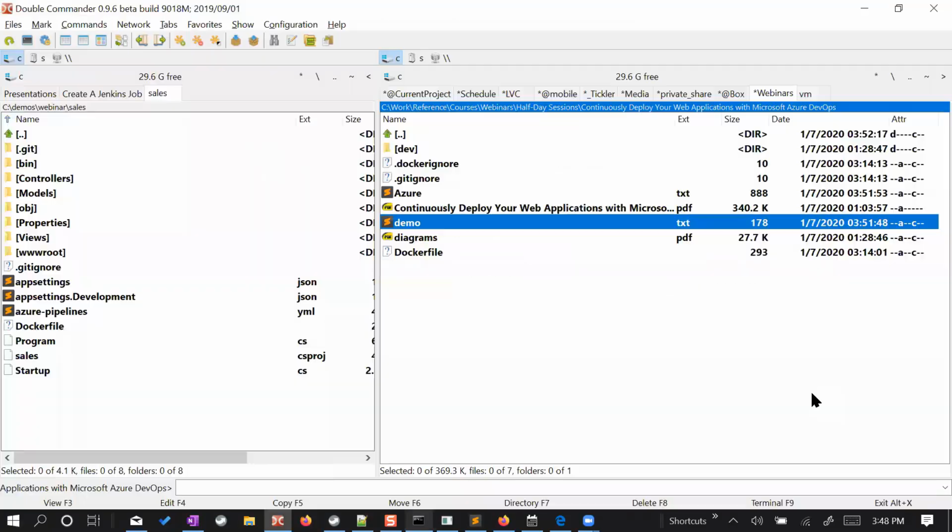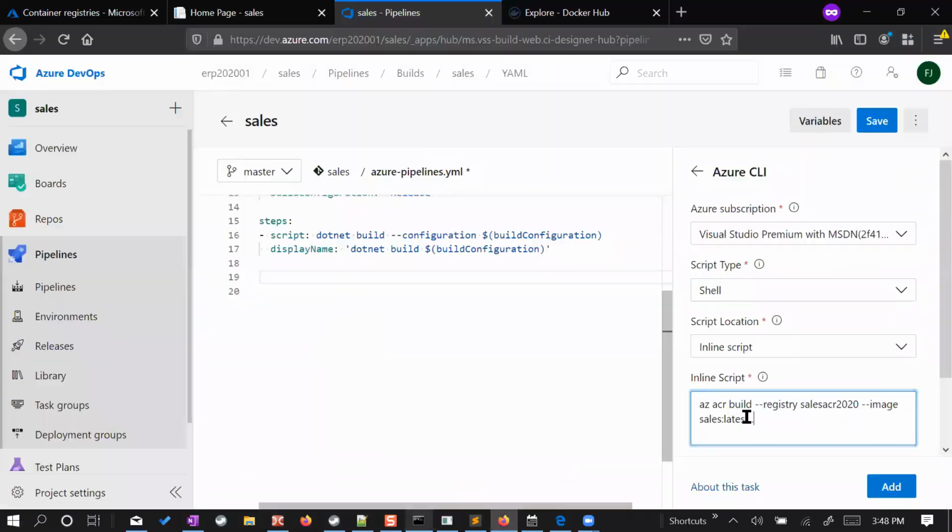Let me explain exactly what this command will do. This AZ command is an Azure CLI command. It uses the ACR argument, which signifies that we need to build our image, or in other words, we want to run this Docker file, which I showed you in this repository as well. So we want to run the Docker file, and once it has created the Docker image, it should be named this thing,